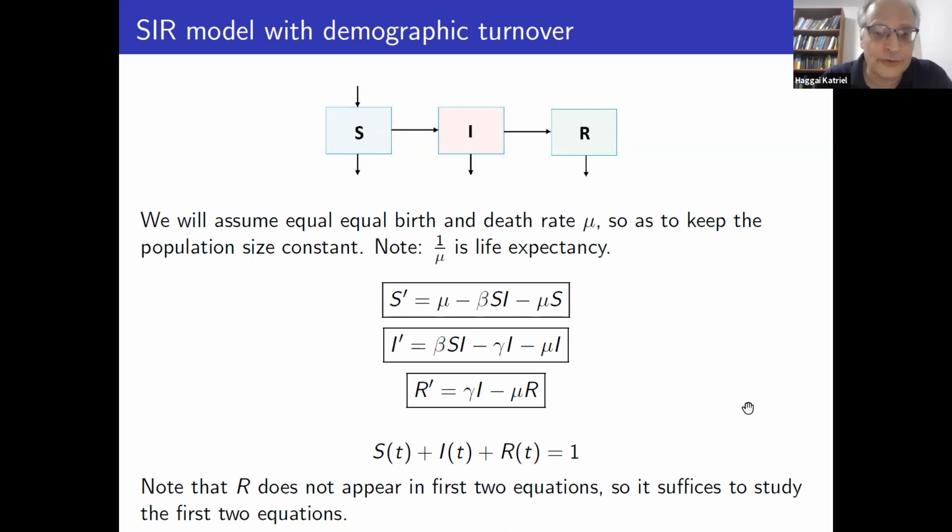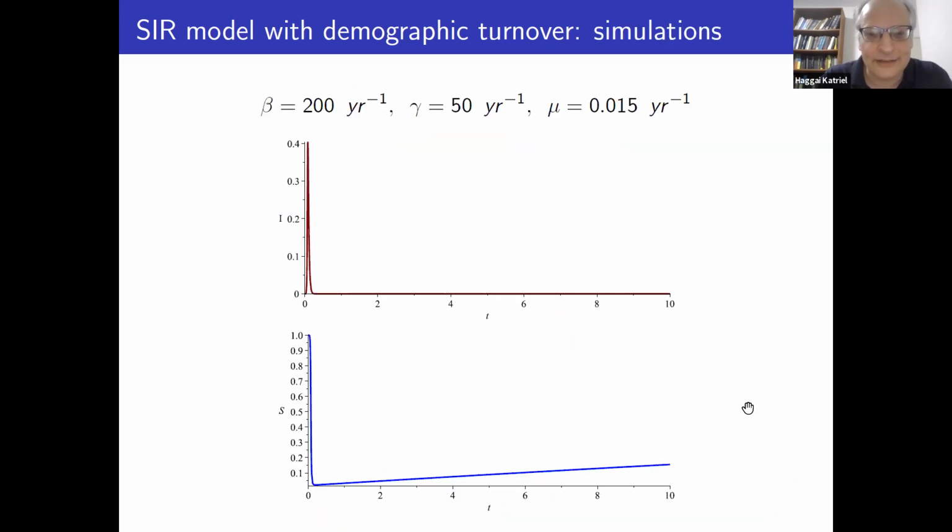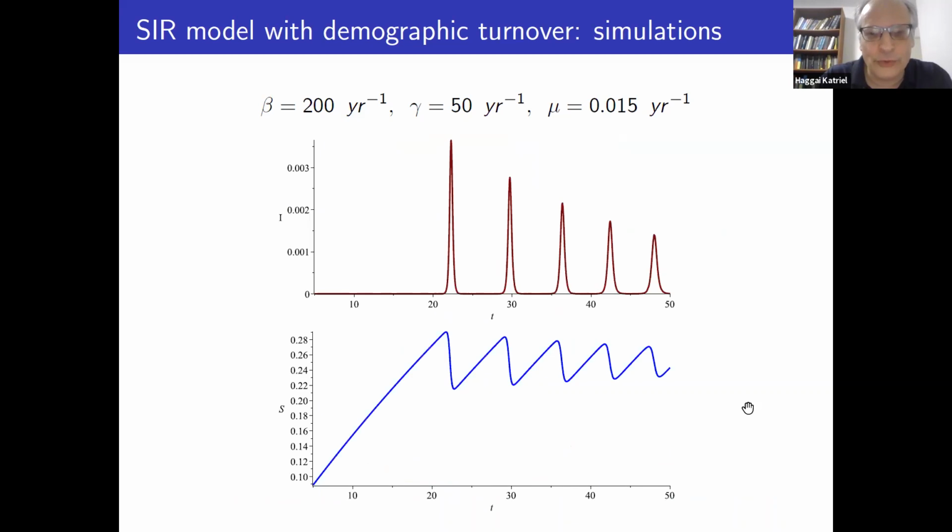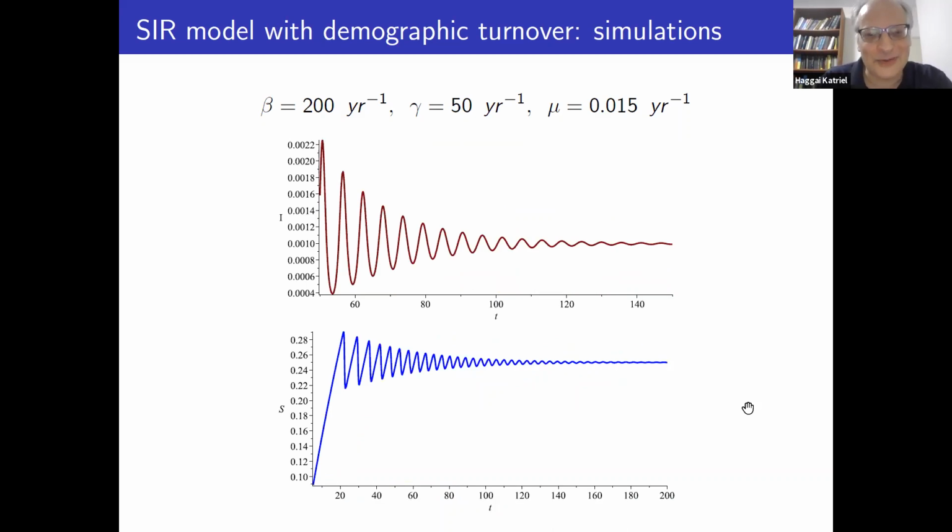If you add birth, this already leads to what is called an endemic state, an endemic equilibrium, through a series of smaller and smaller epidemics, gradually converging to some steady state, which will be an endemic state, and then the pathogen will persist forever, but